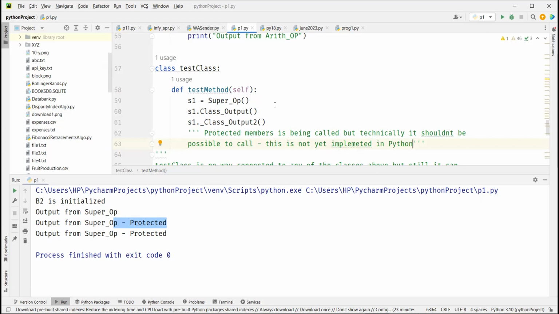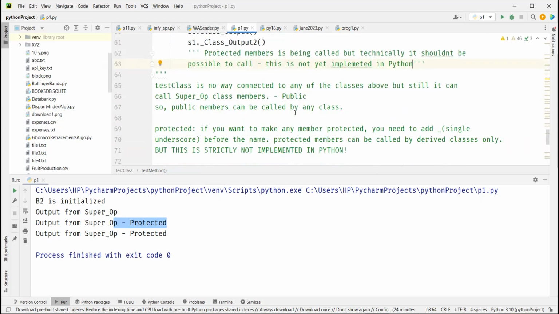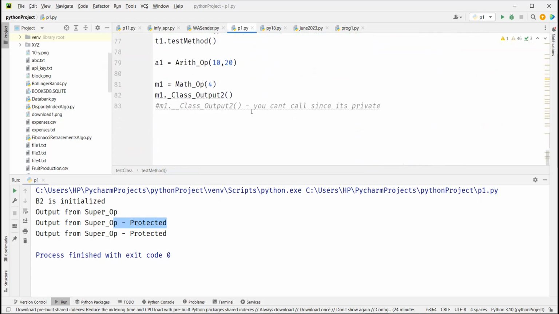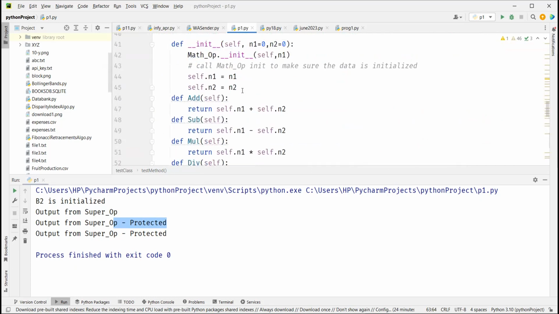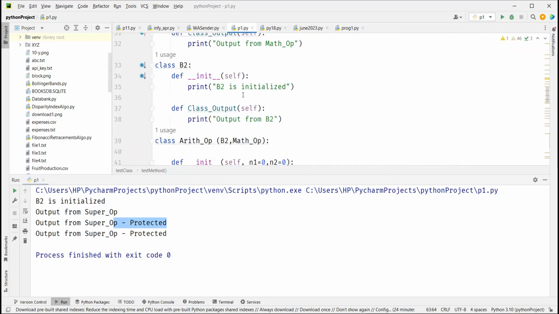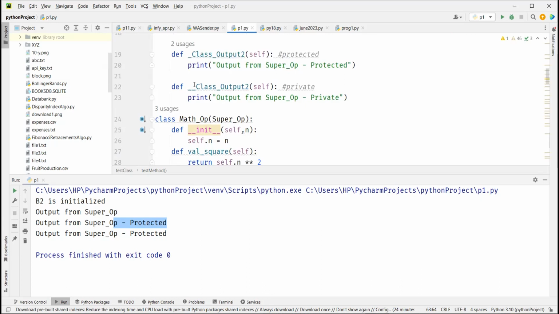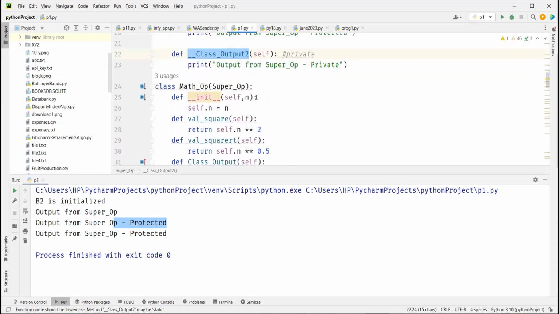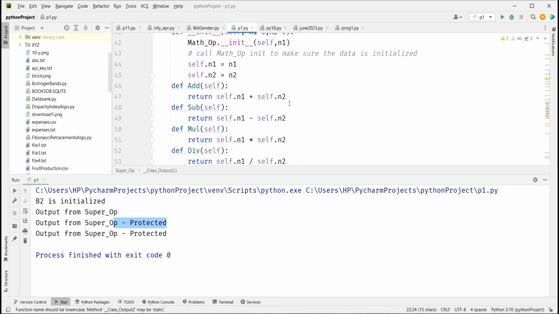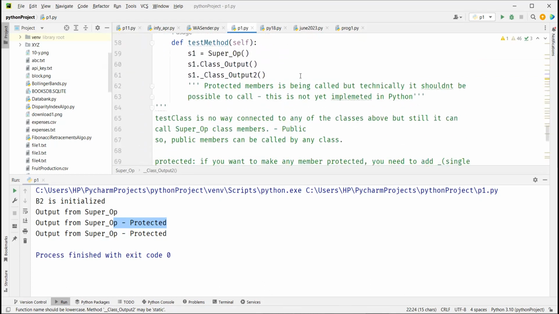But still, when you call it, there is no error. Okay. But if I go here, so now we are adding, I think we got the name wrong earlier, right? So now we'll say class output to private. Okay, now if I try to do this, did I put private here? Private, yes. So now if I go to test class,